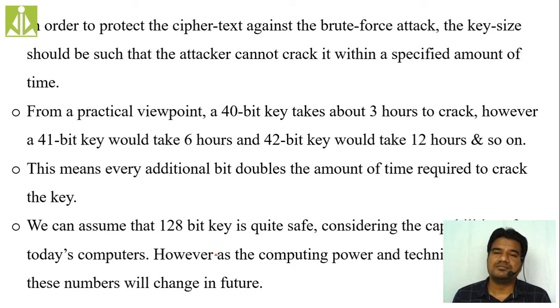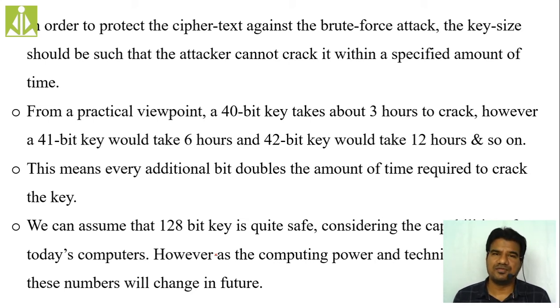Just see where this system is going. Even taking a 40-bit key is not enough, isn't it? The cryptanalysts are cracking that 40-bit key in just the span of 3 hours. So if you are using a 40-bit key, you have only 3 hours of duration.